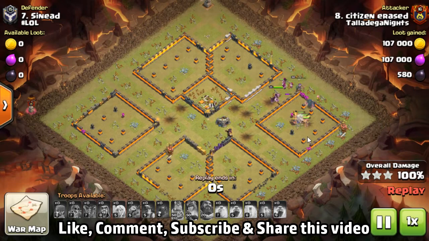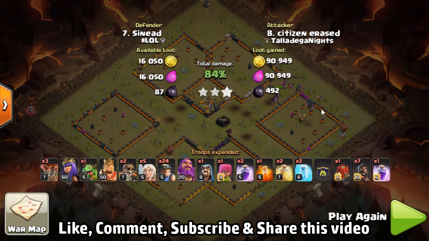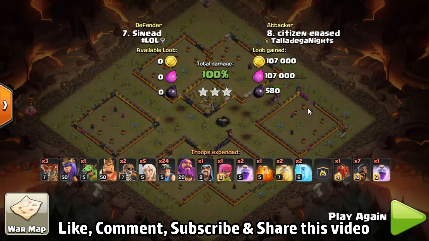Was there any hogs there? Maybe all the hogs are gone by that stage. P.E.K.K.A. beat a hole through the purple wall. Purple wall is max wall for Town Hall 7. What an abomination. Sorry, Mr. Defender,